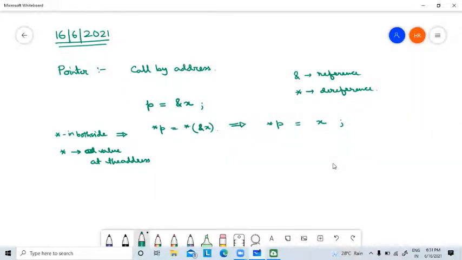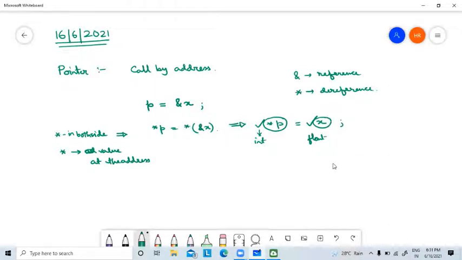That is the main goal of pointers. So if these two things are the same, then the type of star p and the type of x must be equal. Otherwise, if one is integer and the other is float, then they are not matching. So star p and x both have the same type.